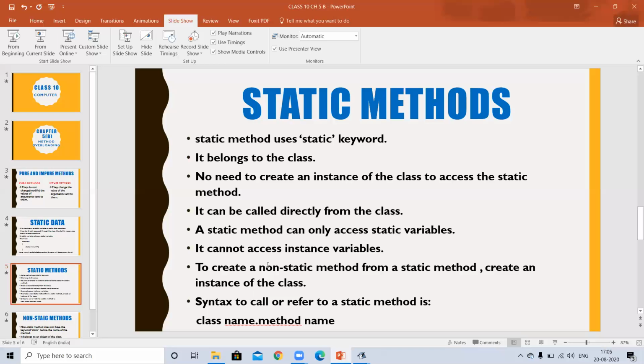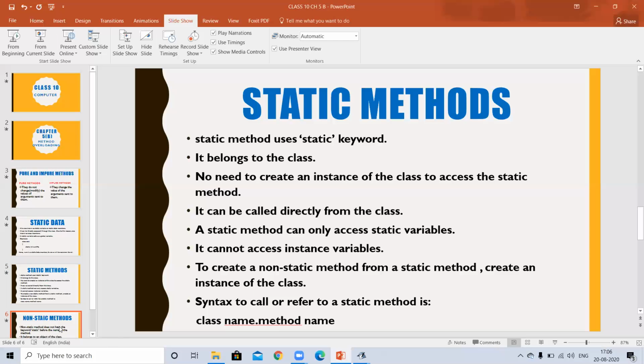And if you want to call a non-static method from a static method, you have to create an instance of that class. Now, how can you call the static method? First of all, you have to write the class name, then dot, then the method name. In this way, you can call the static methods.